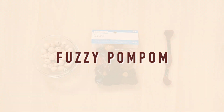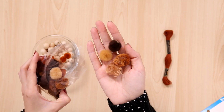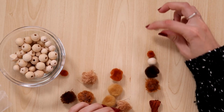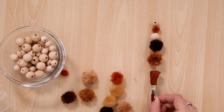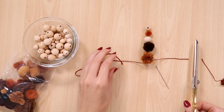So for the next ornament, I found these really pretty pom-poms. They were obviously more like fall colors, but I still loved them at Michael's. And I'm just gonna make a tassel-looking ornament hanging straight down. So I'm pairing them with some wooden beads, and I just kind of laid out exactly how I wanted it to be sewed on. And then taking some corresponding embroidery thread,